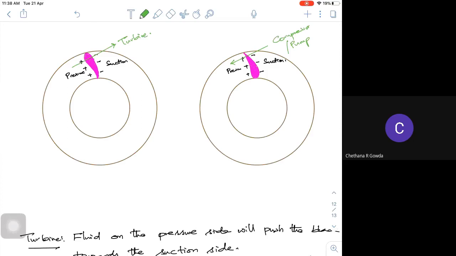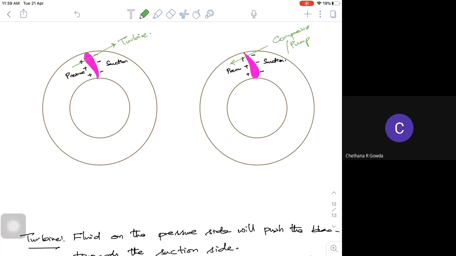Which is the side I place my corresponding blades, or the corresponding side of the blade, is very much required for us to understand how it is rotating. If the blades are on the suction side or the pressure side, the fluid is pushing the blade to rotate in the particular direction, and I may end up with a turbine. If the blades are transferring the energy to the fluid, it becomes a compressor. Fine. This is the basic fundamental.